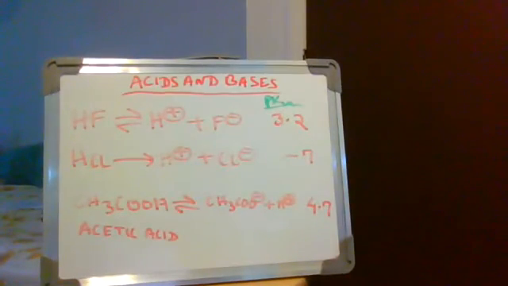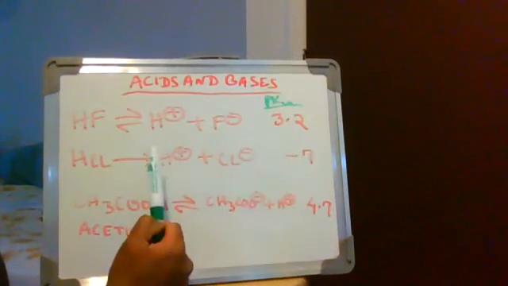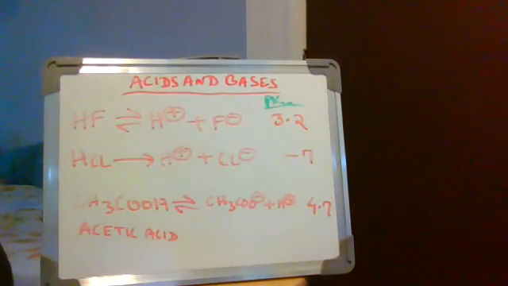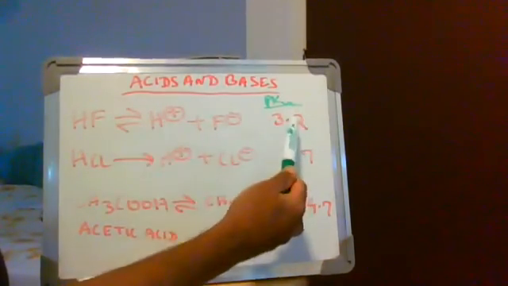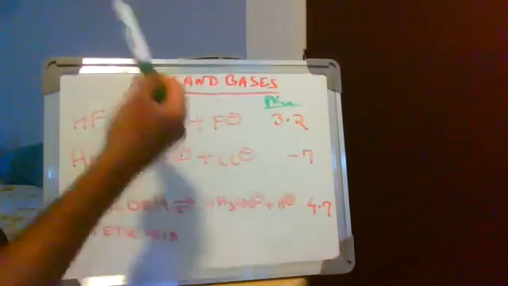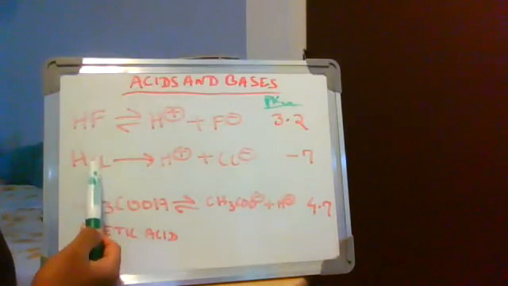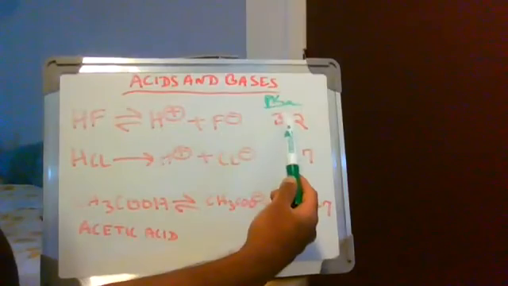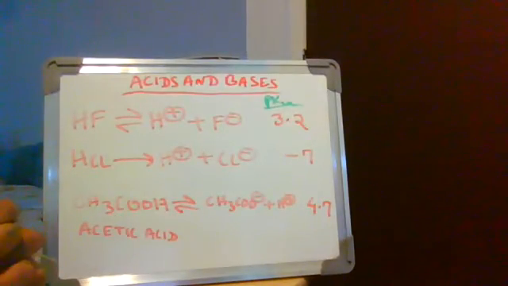So if you look at these three examples, what do you see? The pKa value for HCl is the least. It's the strongest acid. It completely dissociates. Followed by the pKa value of hydrofluoric acid, 3.2, which is higher than HCl. So that means HF, hydrofluoric acid, is a weaker acid than HCl. And that's why its pKa value is higher. Because remember, a high pKa value means what? That means the Ka value is low. That means less of the product is being formed, which means fewer protons. And that's why the pKa value is higher.